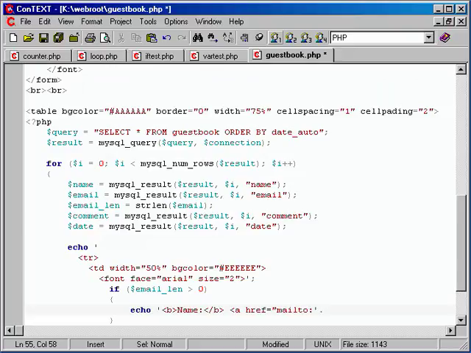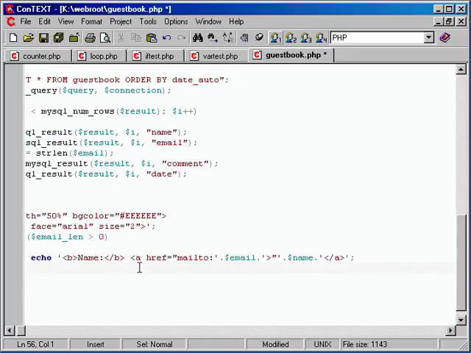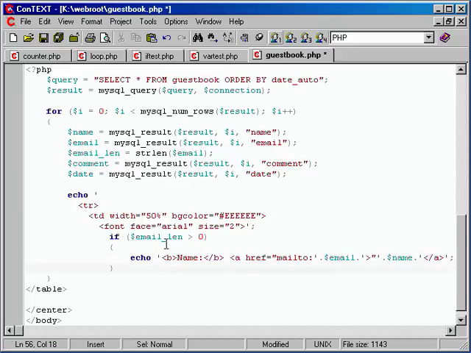So now at this point, we're outside of this section, adding on $email, and then concatenating back into more of the string. So mailto the email, and then again jumping back out, adding $ and the person's name, concatenate again, go back in, and the A tag, and that echo as well. So we echo out name and then actually create a link to their email and then write out their name for that link. Now, if they didn't put an email and email len is 0, we'll use else,